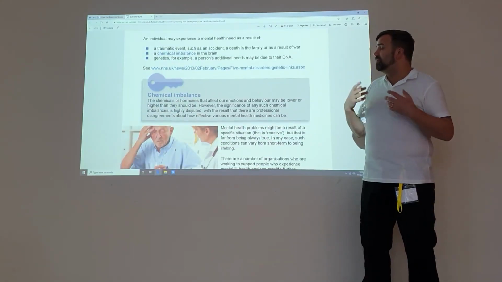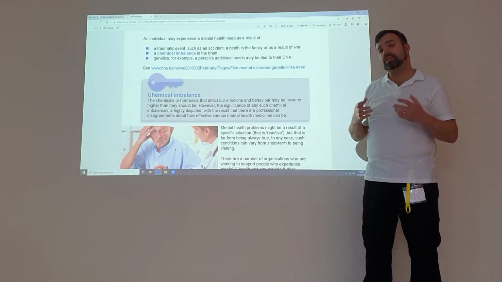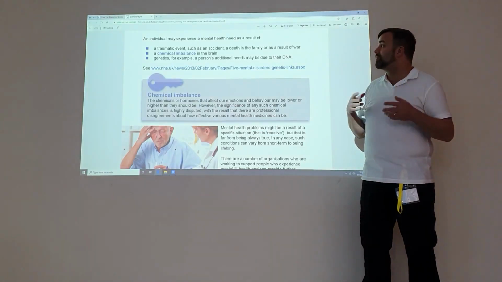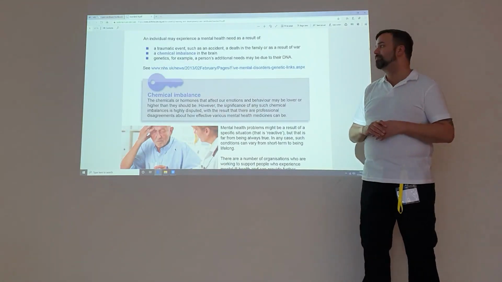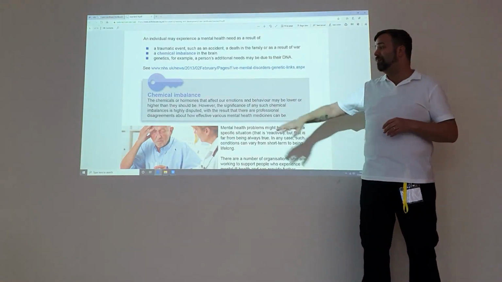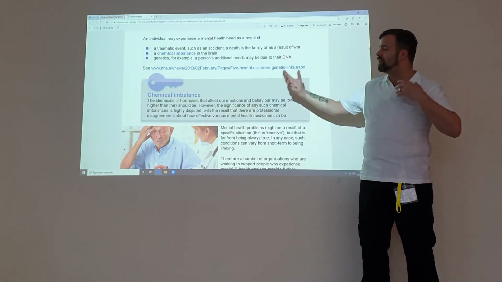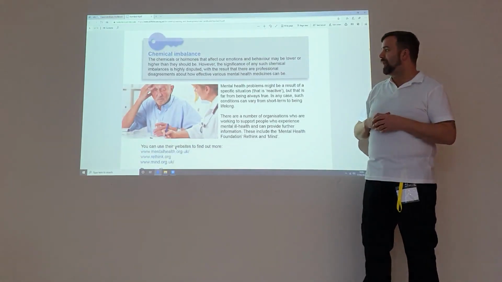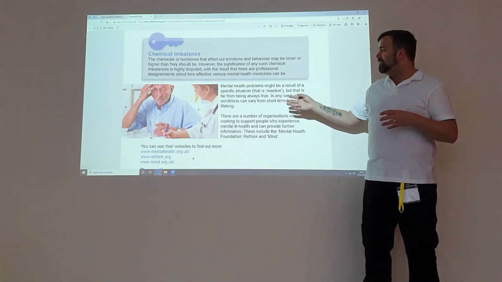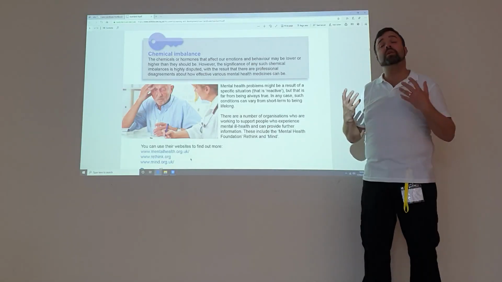People experience different results for different reasons. Maybe they've had a traumatic event, such as PTSD, or an accident, or maybe a death, and it's bringing flashbacks to things. There may be a chemical imbalance in the brain. So again, if we were talking about that serotonin, maybe they're not producing enough dopamine or serotonin to keep in balance. Mental health problems are on a significant rise, and we need to make sure that we're fully aware of those conditions.